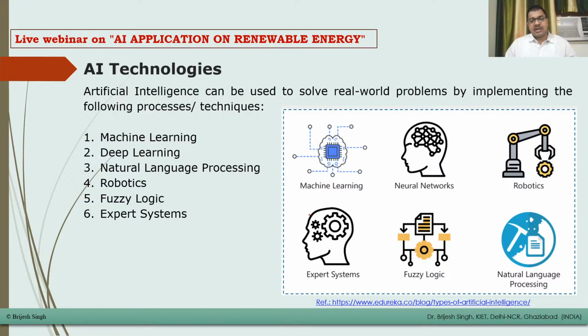Now, what are those AI technologies which are available or used for power system operation? Artificial intelligence can be used to solve real world problems by implementing the following processes. These are the six major technologies already available to solve different kinds of problems, not only in the power sector, anywhere: machine learning, deep learning, natural language processing, robotics, fuzzy logic, and expert system. These are the six most identified methods of artificial intelligence applicable for any kind of engineering